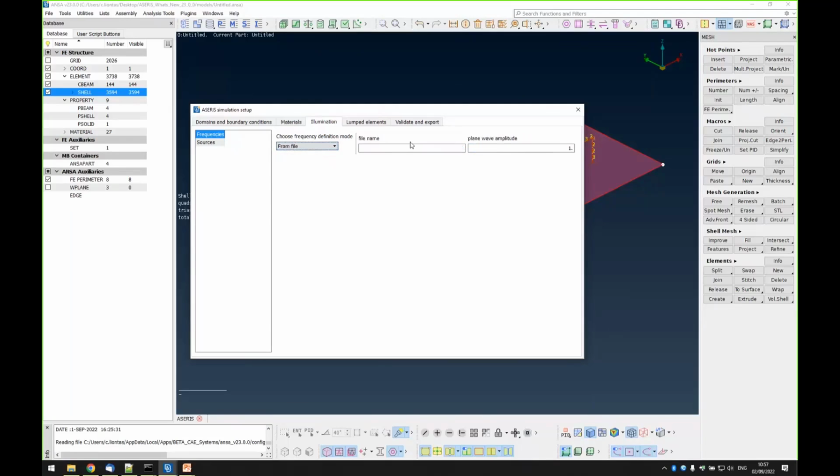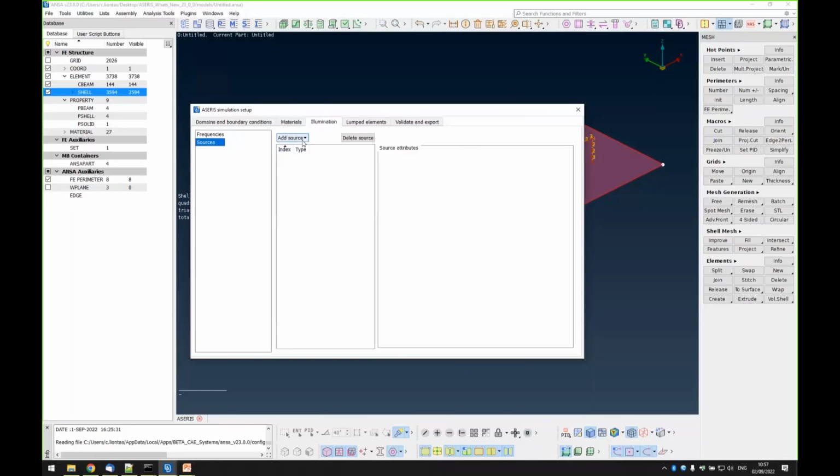Or you can have a file where all the frequencies are defined. Don't pay attention to this field right now. It's not important for now. Let's say, for example, I want to simulate this at 1 kilohertz. Okay. And what else can I define in this tab? I can define the additional illumination sources of our model. These are the analytical sources I was telling you about for scattering problems.